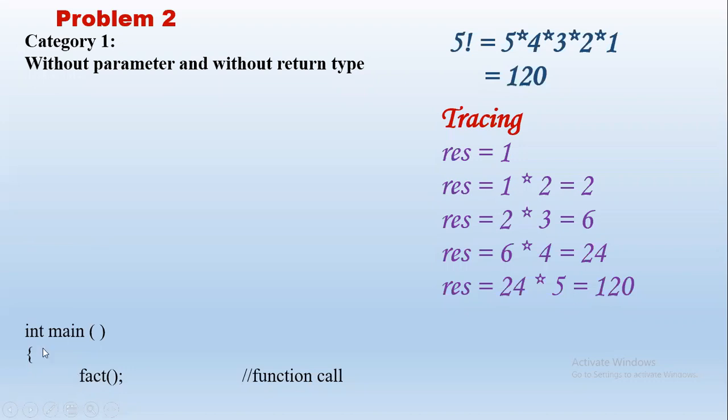So this we have fact. Here if we see within the brackets, there is no variable. That means it is without parameter. And it is not going to be stored somewhere. We have not written a equal to fact, right? That means it has to return some value. Since only the name is called, there is no return type. So this is the first category, without parameter and without return type.